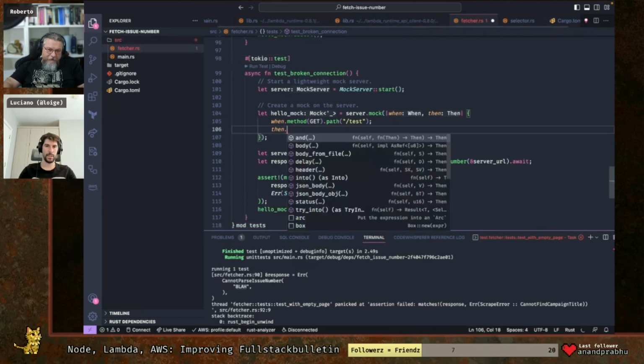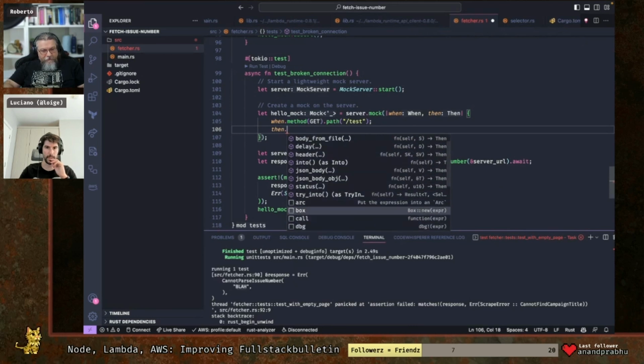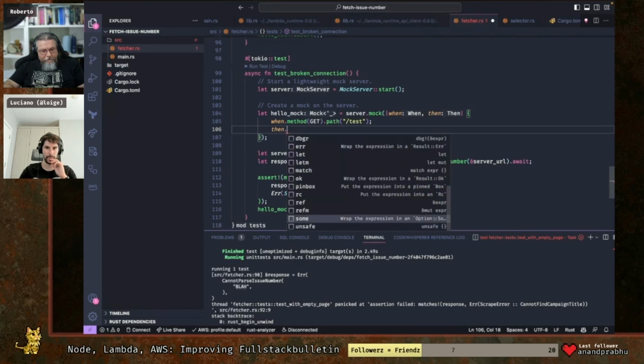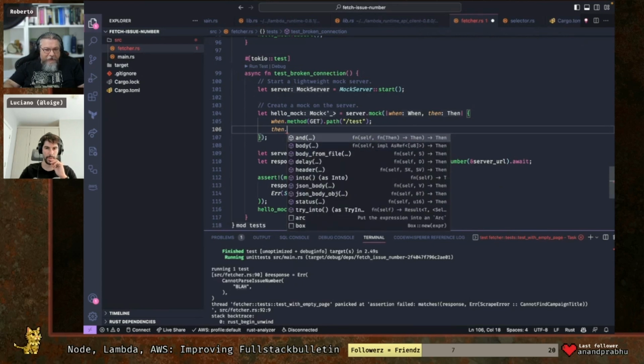So let's see. Then what do we have? Oh, we can even delay. Look at that. Body from file. This is also convenient. Body from file. Yeah, because if you have a huge body, it's a mess. No, I think you need to rely on a status. Oh, that's unfortunate. We cannot just. I mean, look in the documentation. I don't see any